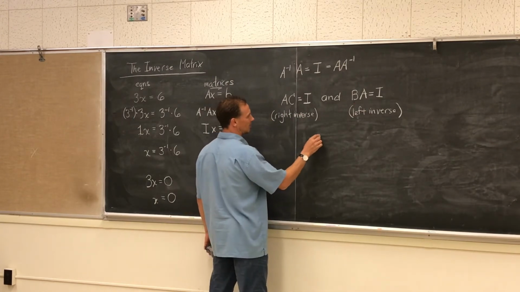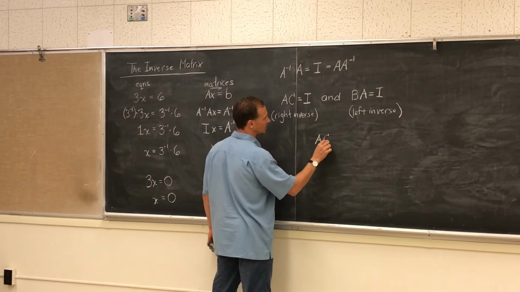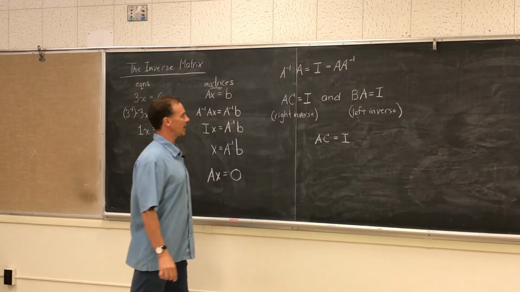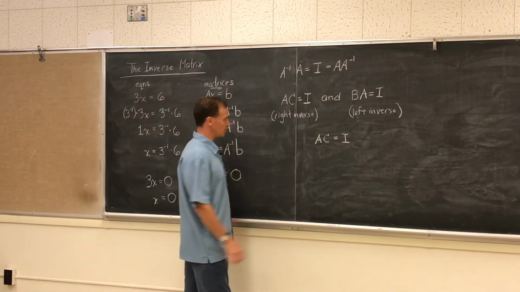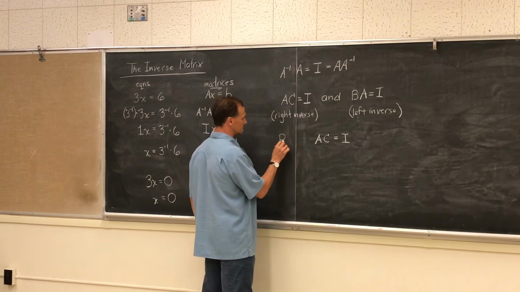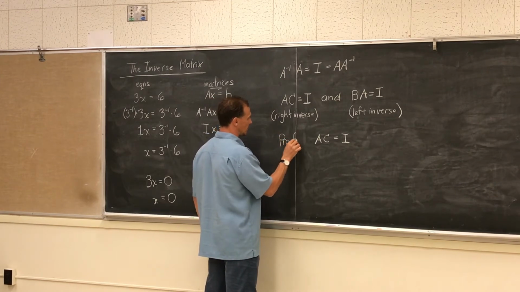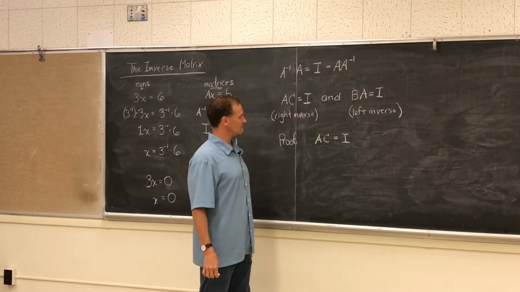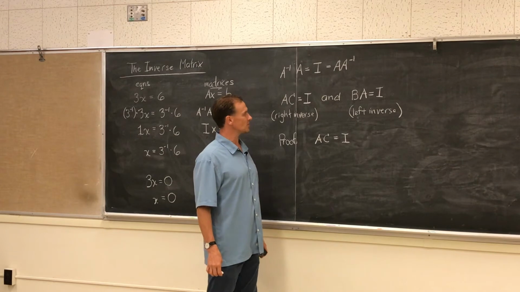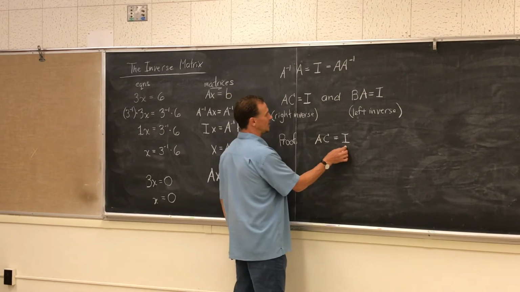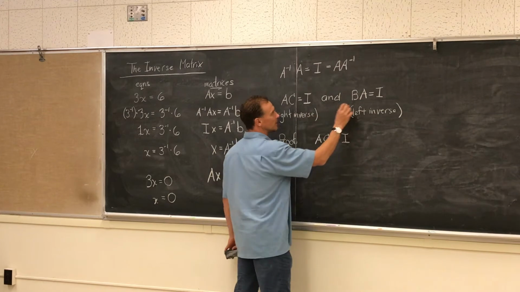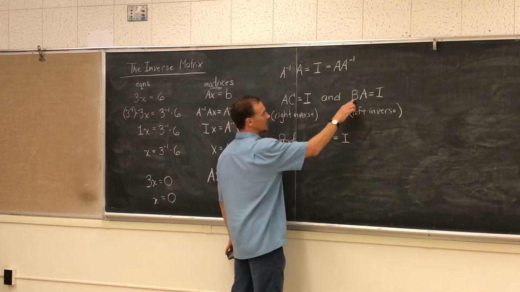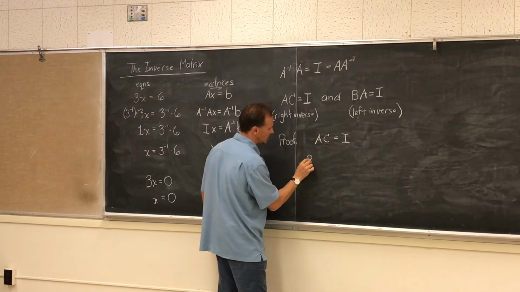So let's take this. We know that A times C is equal to I. This is a little proof. When you start a proof, you start with something you know, and then you try to see if you can figure it out using the information you're given. Here I've got AC equals I. That was given to us. But look at what I have over here. I also have B times A equals I. So notice that's a left inverse. So what if I write this? B times